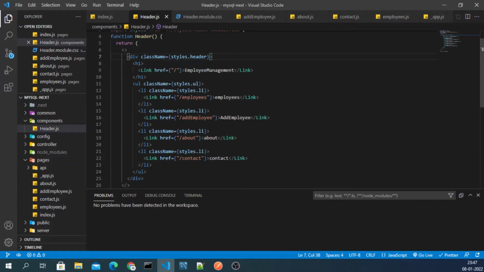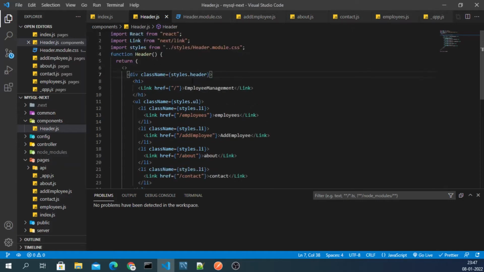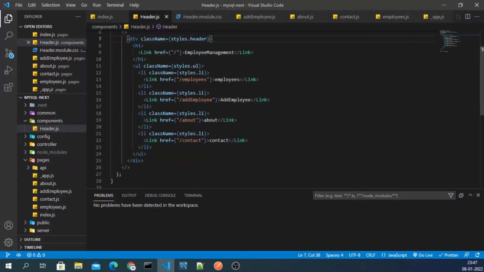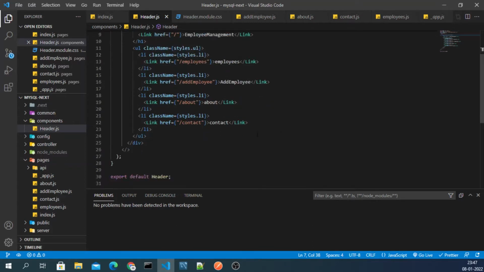We have given the class style dot header, right? And then we have the style dot ul, style dot li, style dot li, and I don't think we are missing anything, but we are getting an error.